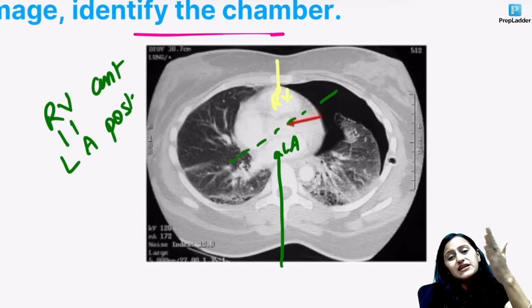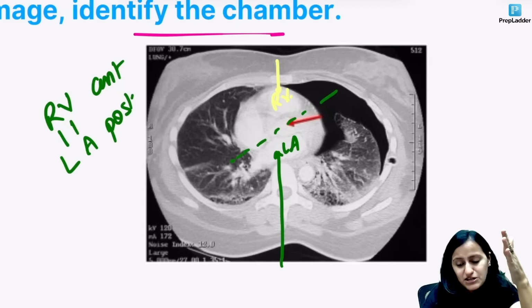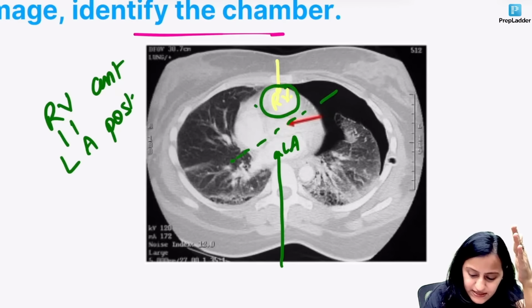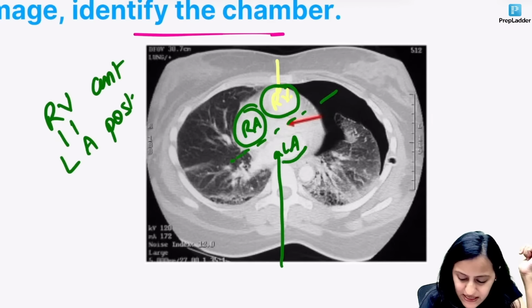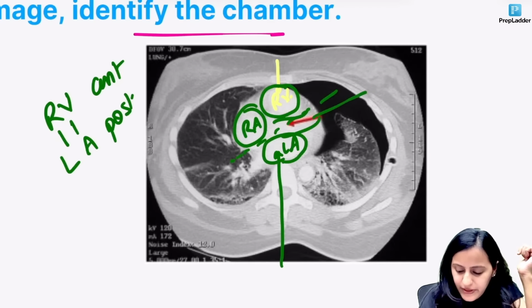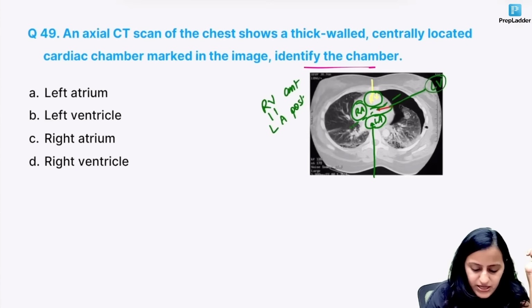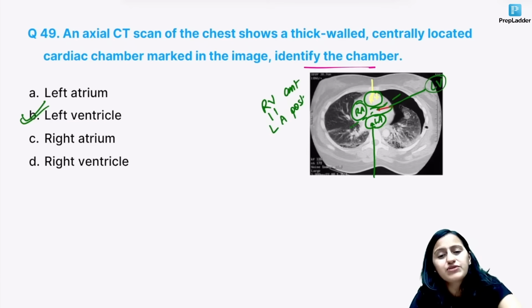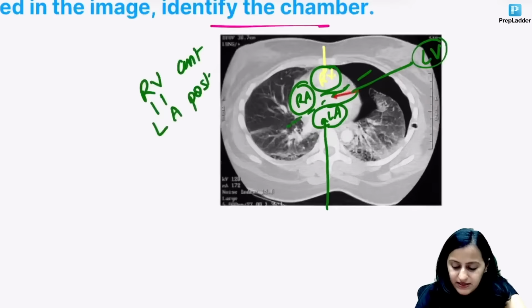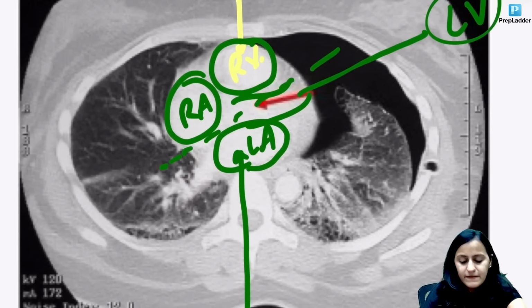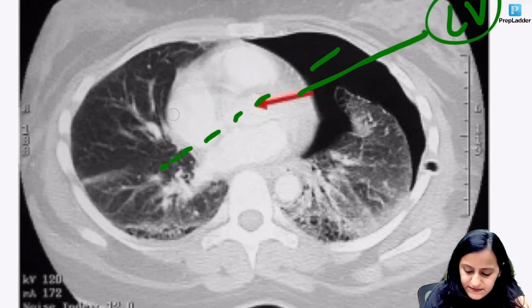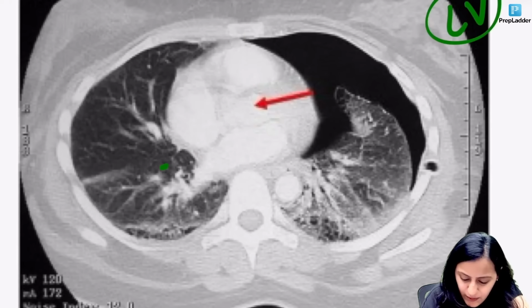So these to the left, your left as the patient, right? So this is right ventricle, this is going to be right atrium, this is left atrium which you are seeing here. So this one here is going to be left ventricle. Okay, that is going to be left ventricle. Is that clear with everyone? Right, so that is going to be left ventricle. Can you tell me what is this one here? What is this structure? Let me erase this. Okay, and now tell me what is this structure.